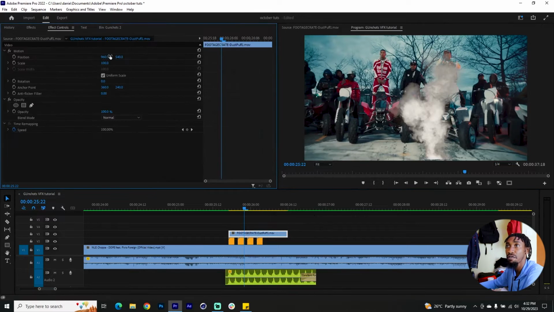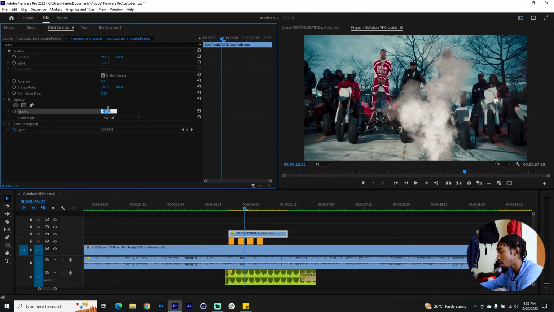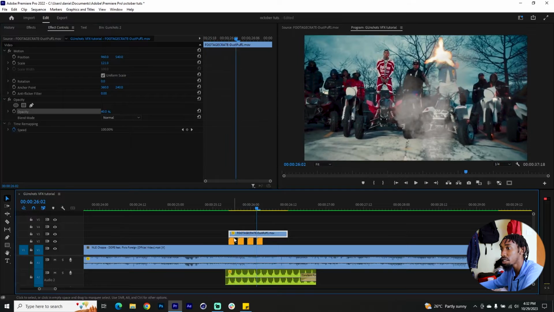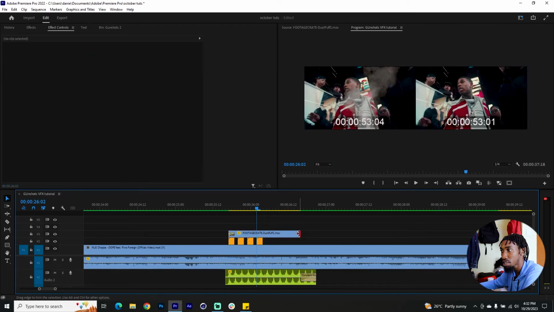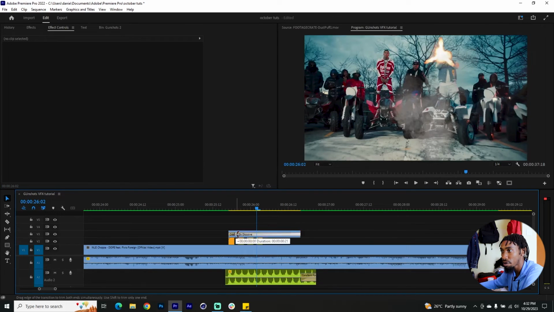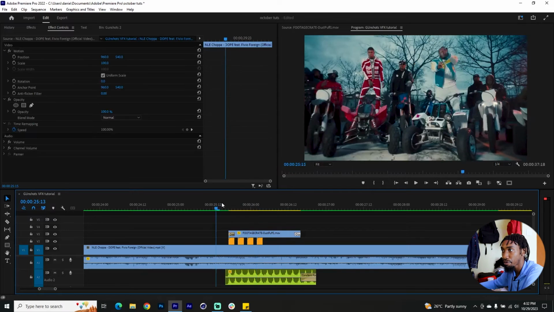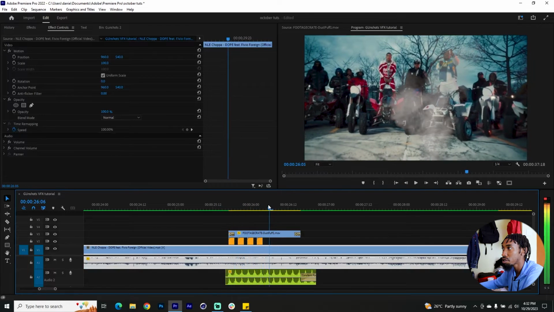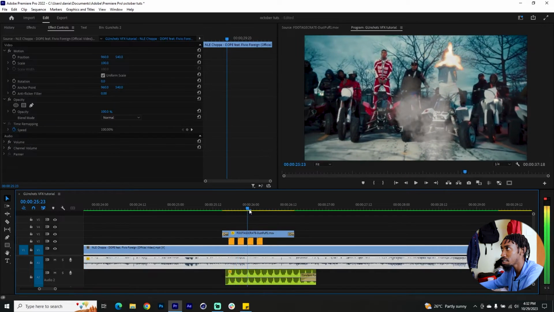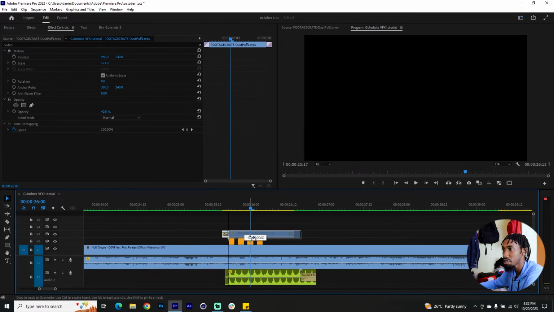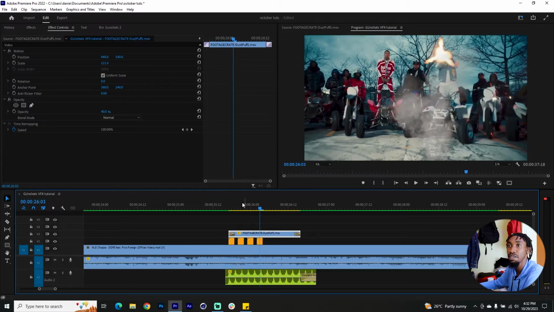You can also go to your effects control and scale it a bit more, and then go to your opacity, reduce it to 40 so that it's not extremely obvious. And then I would also add a cross dissolve on each side, just to make it appear in a more subtle way. I can make sure maybe the smoke starts before the gun. Okay, let them start at the same time, and then I'll finish this with